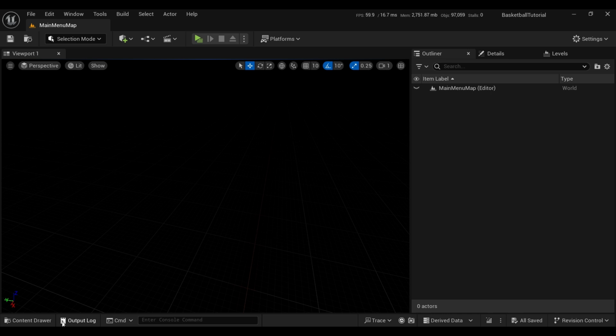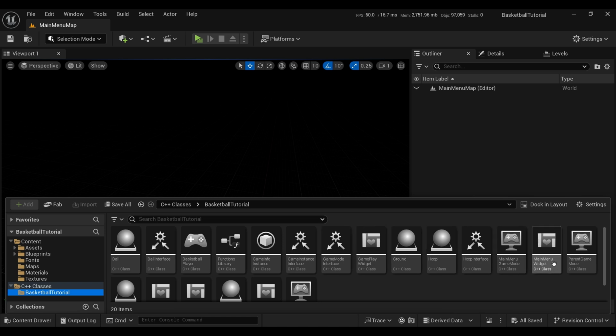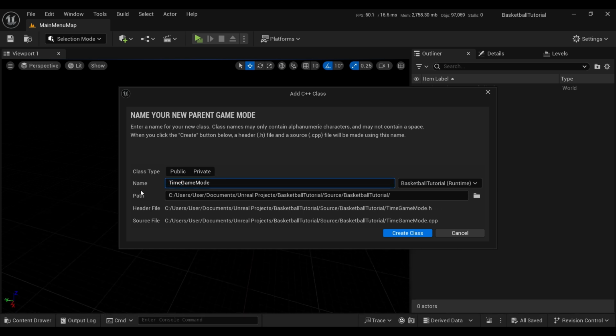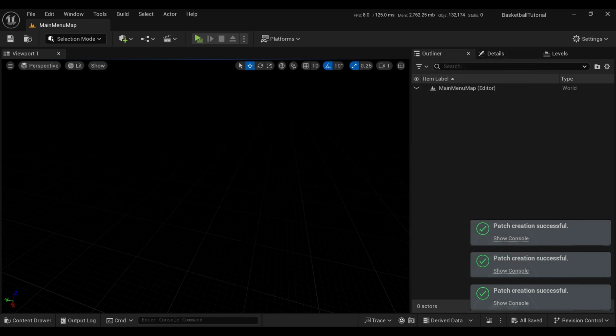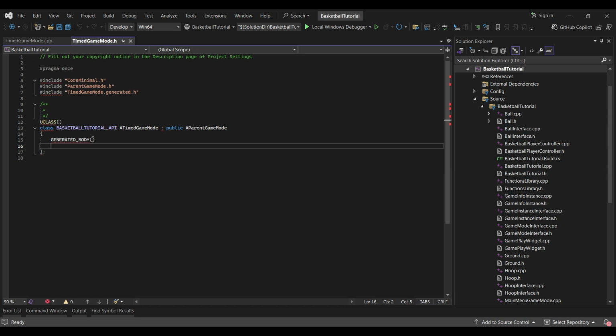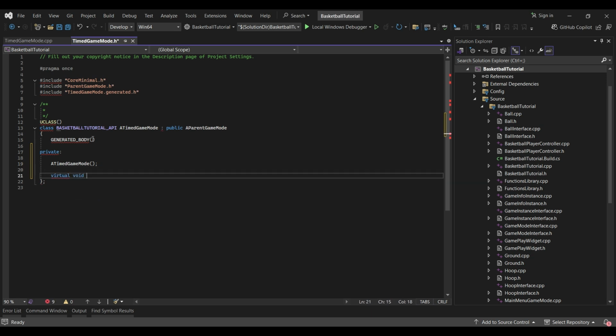Great, now let's create our timed game mode. Let's go to parent game mode here and create a C++ class derived from it. So let's call it timed game mode. Okay, now in our timed game mode, first we need a constructor. Then we need to override the virtual begin play. So virtual void begin play override,